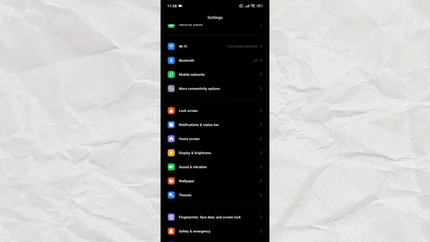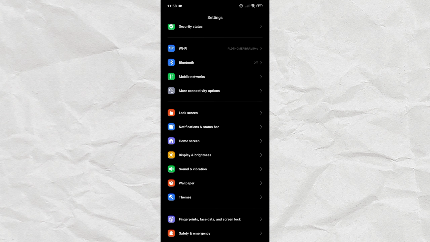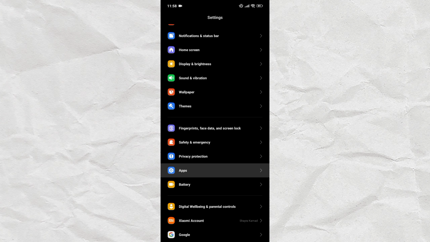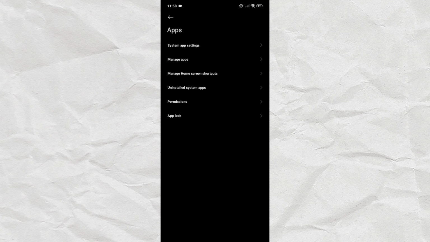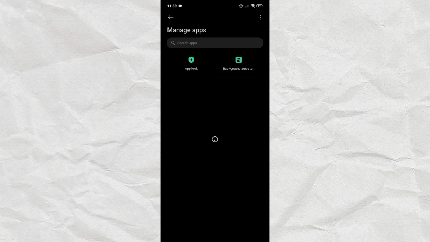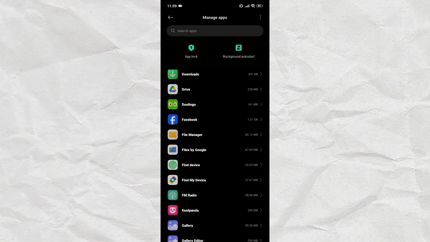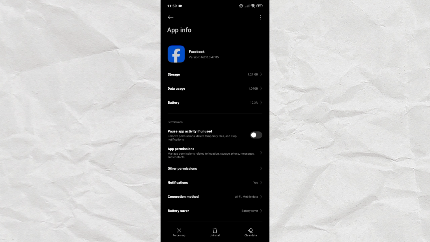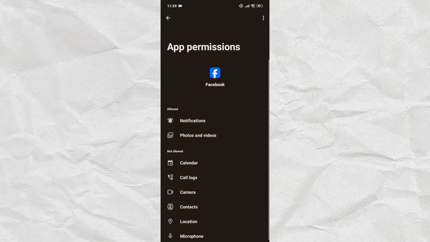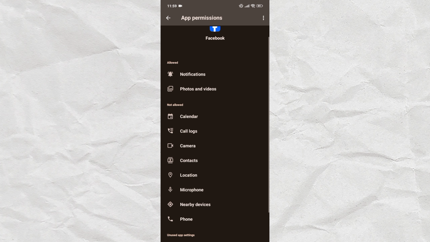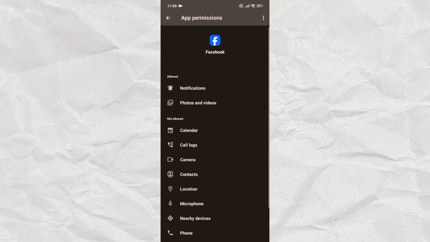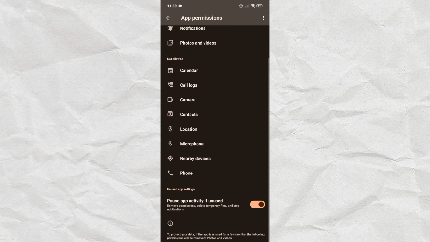Now look for apps on the settings of your device. Click on the apps settings and here click on manage apps, and this will redirect you to the list of apps available to your device. Now you'll need to look for Facebook, and once you found Facebook in this list of apps, click on it. Now in here click on app permissions. Make sure that you've allowed all the necessary permissions on Facebook, because maybe this is causing the problem on your